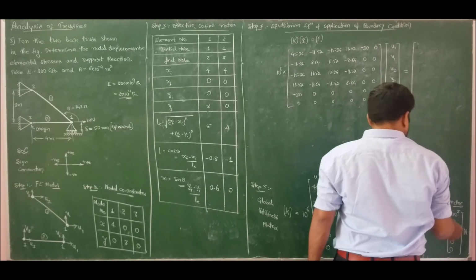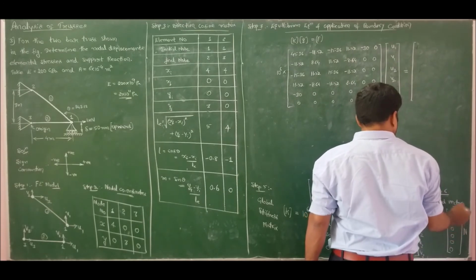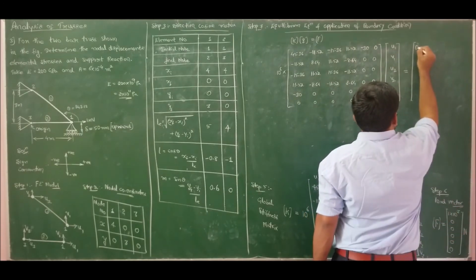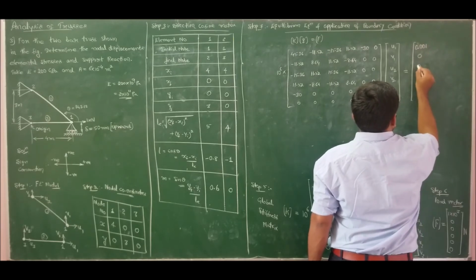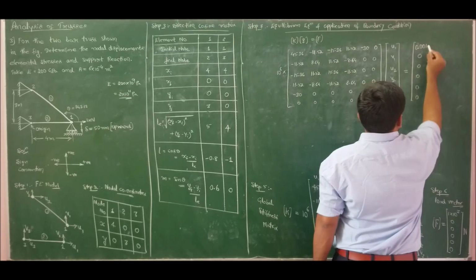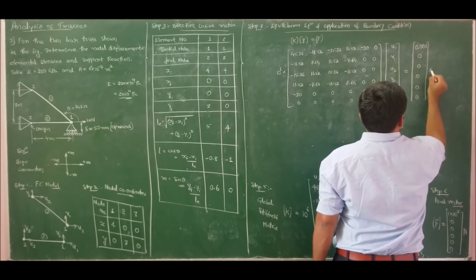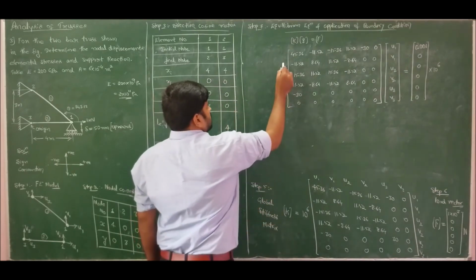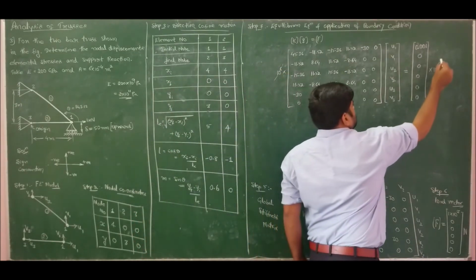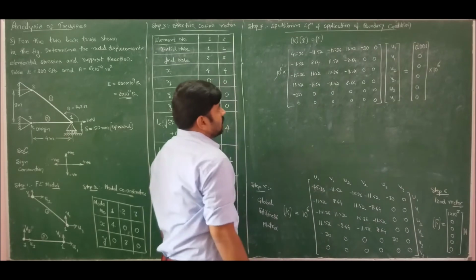So if I take 10 power 6 common, I should write 10 to the power of minus 3, it will become 0.001, 0 0 0 0 0. Now I can cancel off 10 power 6 and 10 power 6 because we are using elimination method of